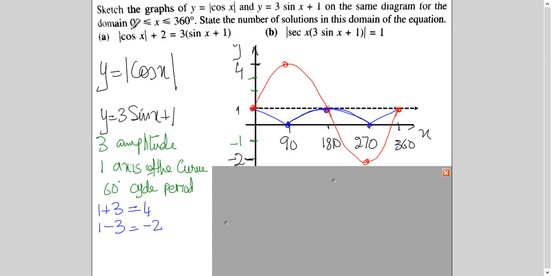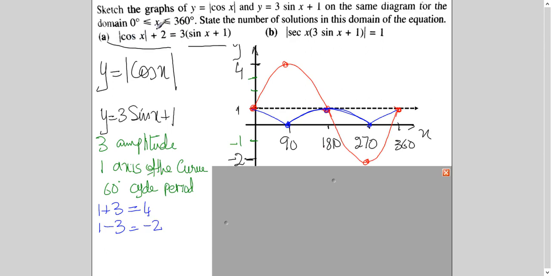Now, the question is saying find the number of solutions for this equation. I'm talking about part 1 first. Now, we all know that when two trigonometric functions are equal to each other, it means the number of intersections of these sketches. So I will see the sketch and I will see at how many places it is intersecting.